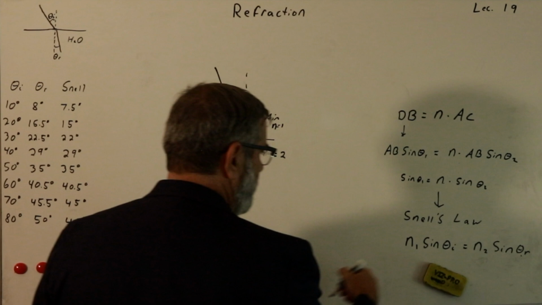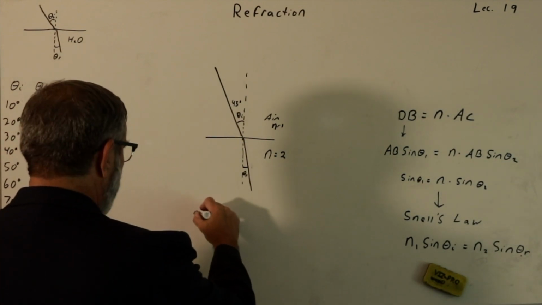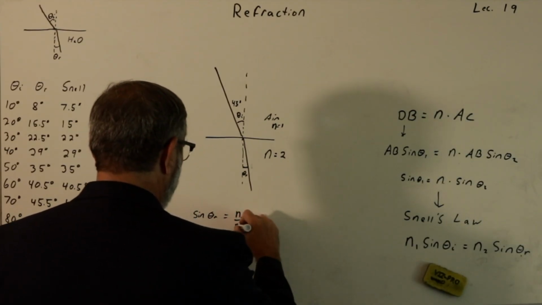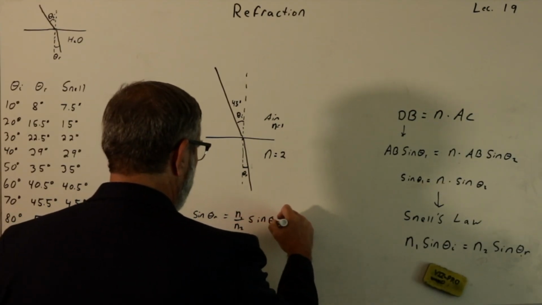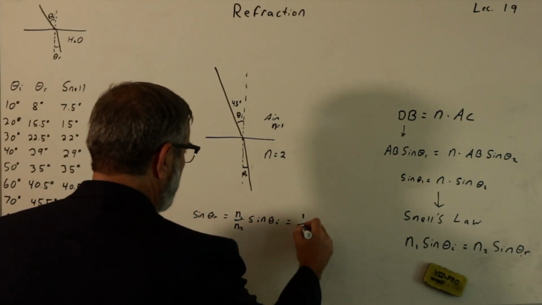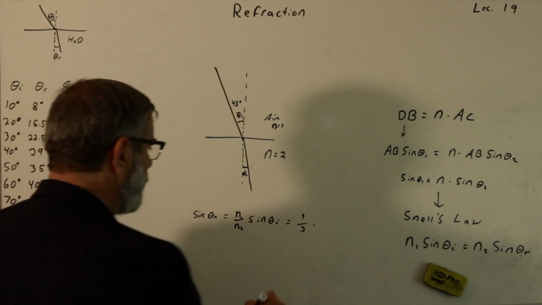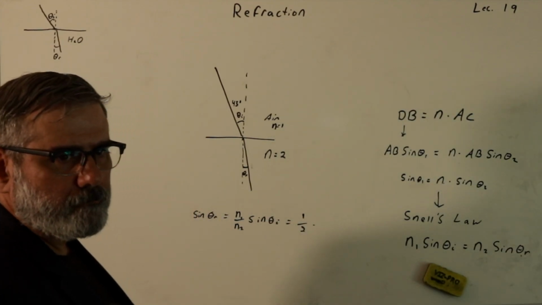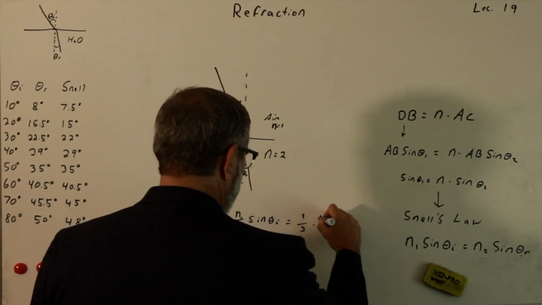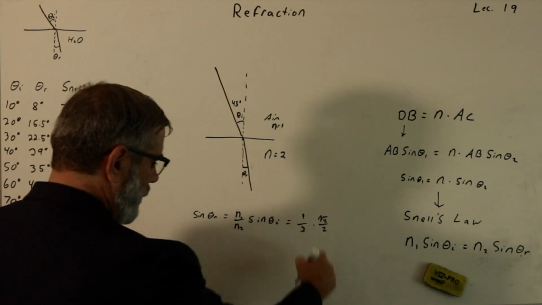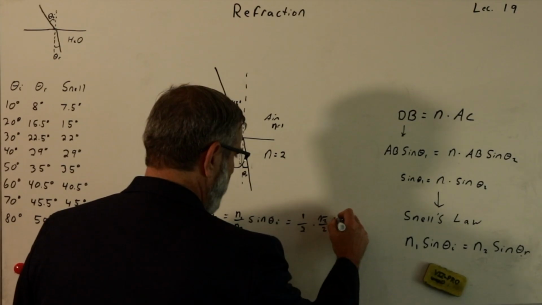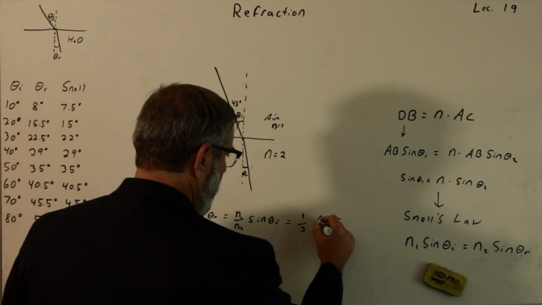Well, we can divide both sides by n2. That's going to give me that the sine of the refractive angle is equal to n1 over n2, times the sine of theta I, the angle of incidence. Now I can plug in some numbers to this. n1 is 1, n2 is 2. The sine of 45 degrees, who remembers the sine of 45 degrees? Square root of 2 over 2. So this will give me the square root of 2 over 2, which you can also, do you guys remember that this is the same thing as 1 over the square root of 2? Because if I multiply the top and bottom by the square root of 2,